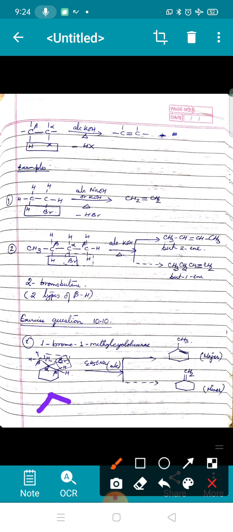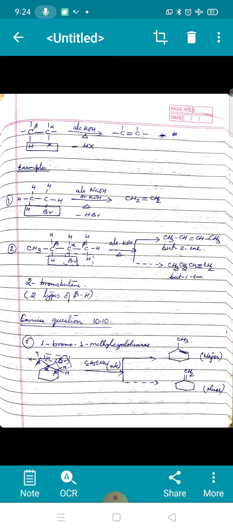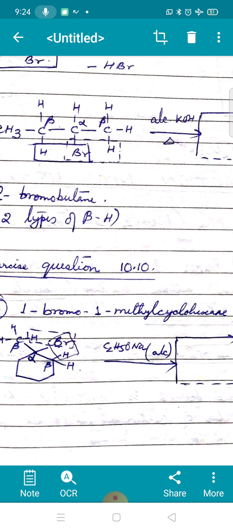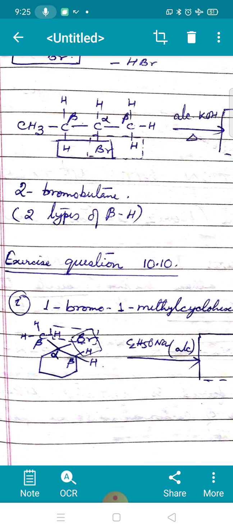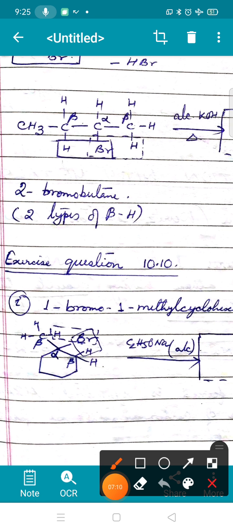So we have drawn a cyclohexane ring. In one position we have put a bromo group, as you can see here. At one position we have a methyl group here, and remember cyclohexane is not benzene, so there won't be any double bond inside the ring. Now identify the beta hydrogens. The carbon bearing this halogen is alpha and on both sides of this is beta. Let me enlarge it. You can see here, this is beta carbon, this is also beta carbon.